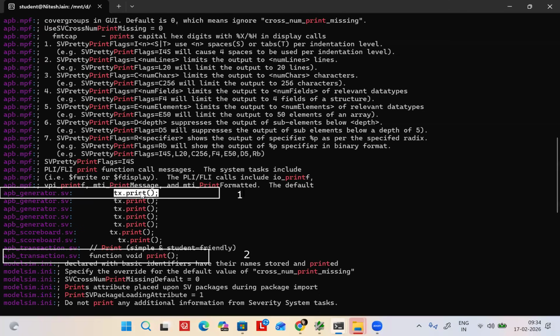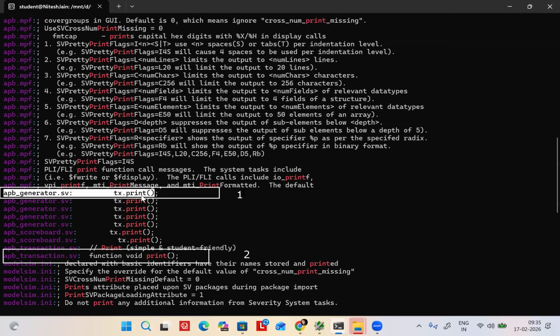Now you tell me, where is the declaration? Where is the definition? In which file have you done the declaration, and where have you done the definition? See, now the file name is there, no? Definition is in which file? Transaction, one file called transaction. And the calling is from which one? Generator. So, as I said in the last class, I can write the definition somewhere else and do the calling from somewhere else, correct? So are both in the same file or in different files? Different.